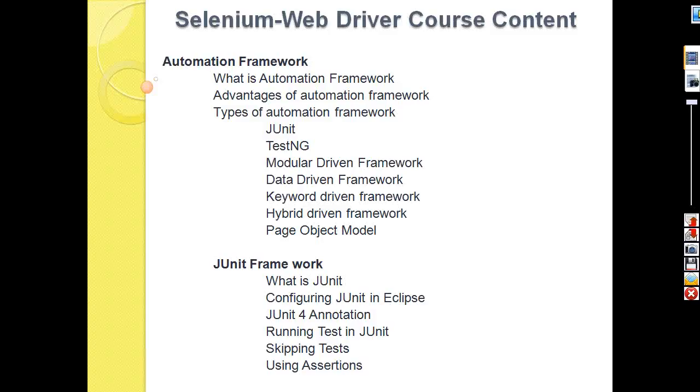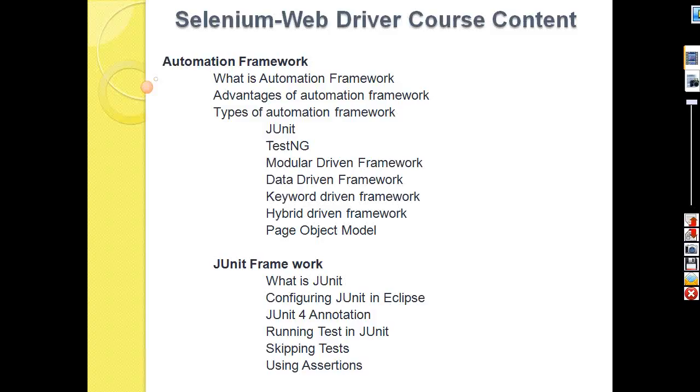We'll start the discussion with one project, covering all the frameworks: JUnit, TestNG. We can implement modular framework, data-driven framework, keyword-driven framework, hybrid framework, and also the page object model.